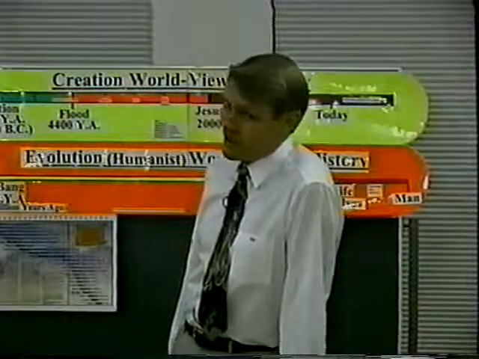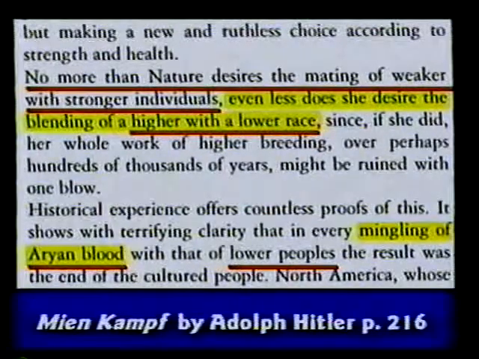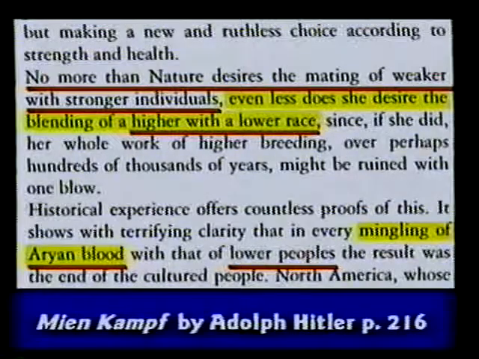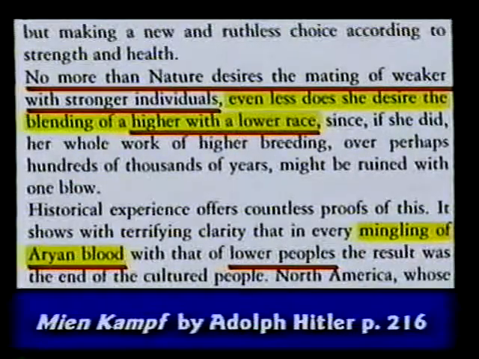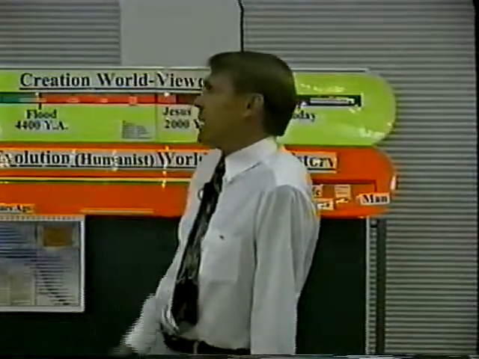Since if she did, her whole work of higher breeding over perhaps hundreds of thousands of years, this guy believed in evolution, might be ruined with one blow. Historical evidence offers countless proofs of this. It shows with terrifying clarity that in every mingling of Aryan blood with that of lower peoples, the result was the end of the cultured people. Who's an Aryan? Hitler, in this book, which I've got in the library there, while 6 million died, Hitler said